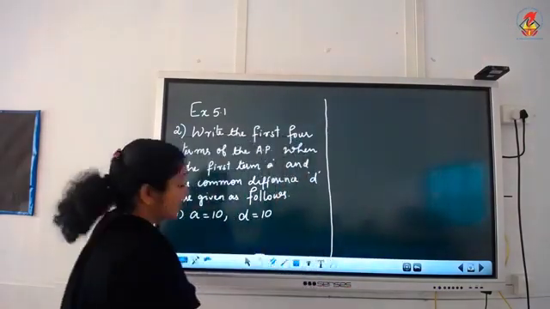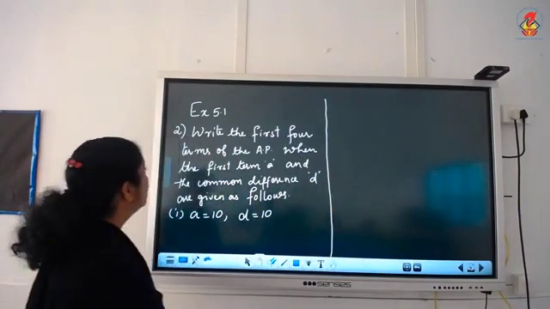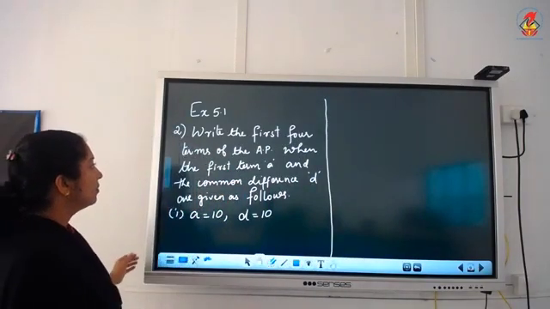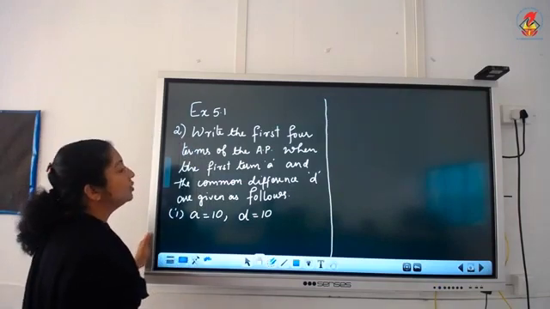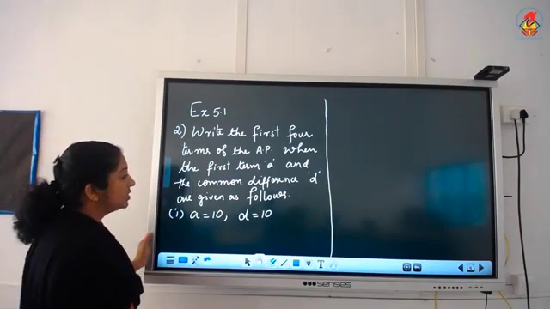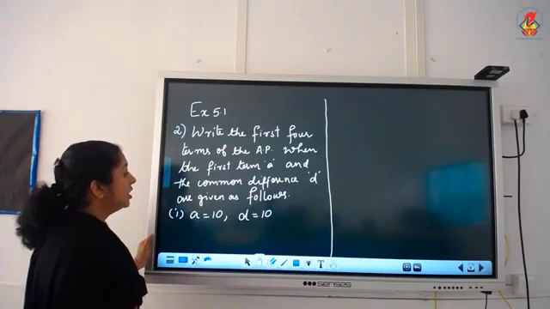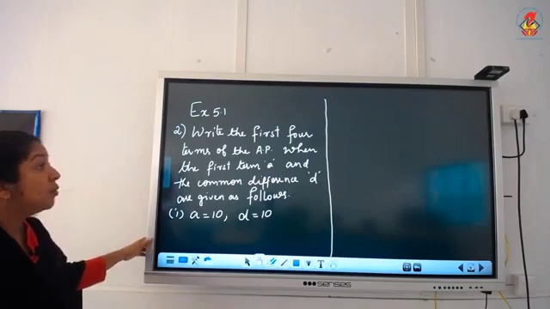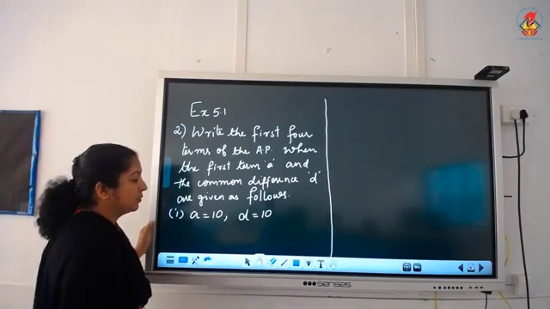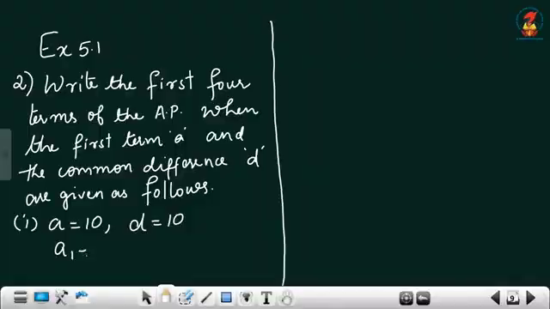So, next is exercise 5.1, second question. Write the first 4 terms of the AP when the first term A and the common difference D are given as follows. So, the first term we can denote as A1, which is equal to A, which is equal to 10. Second term you can denote as A2, which is equal to A plus D, which is equal to